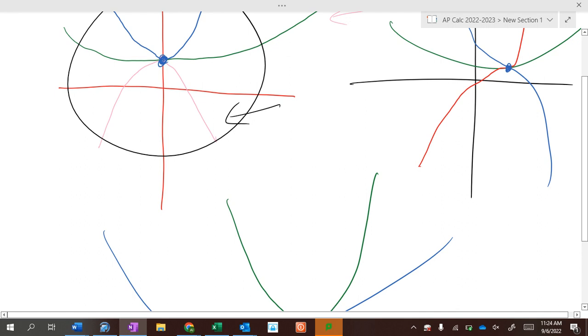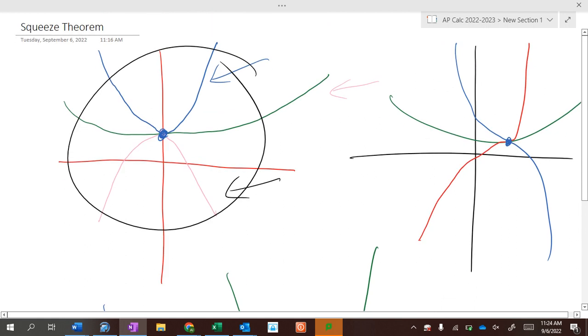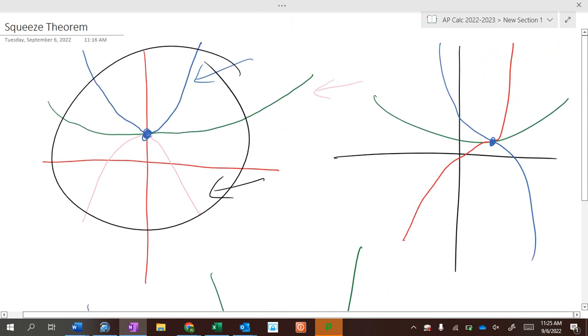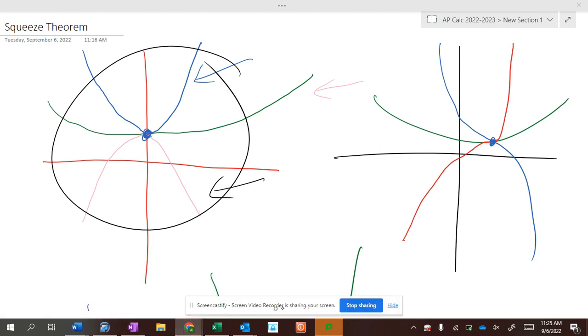So before lunch, you're going to do the squeeze theorem, and then I'm going to have the quiz out there for you to do before lunch. Then after lunch, we're going to talk about discontinuities and continuous functions. So you should not have a problem getting the squeeze theorem done and doing the quiz before lunch. So here we go. You missed the whole